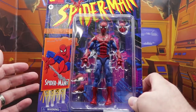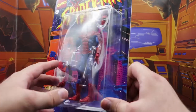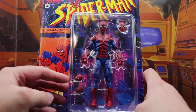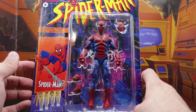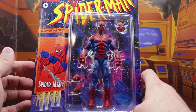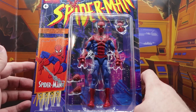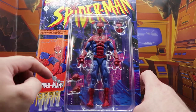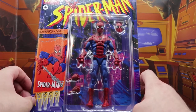You really can't ask for anything else. This is a great Marvel Legend to go in your collection. I may open this guy later because we've already reviewed the Iceman for the X-Men Blue series, or maybe X-Men Gold series. And I know there's a Firestar coming out, so whenever she gets closer, I will probably consider doing a review with this guy, and I can have all three of them, and we got to do some Spider-Man